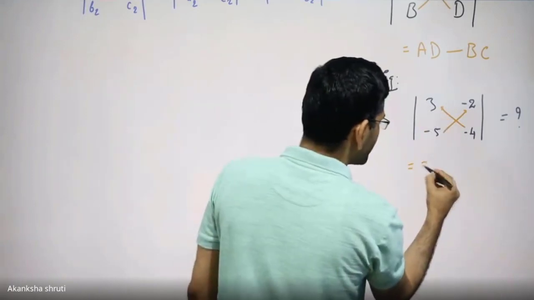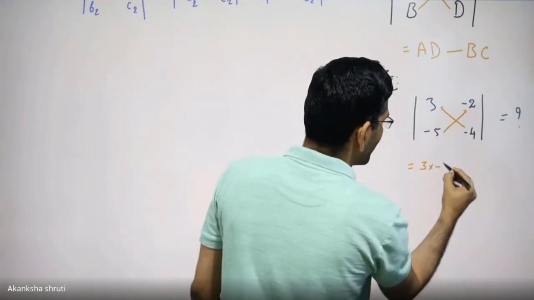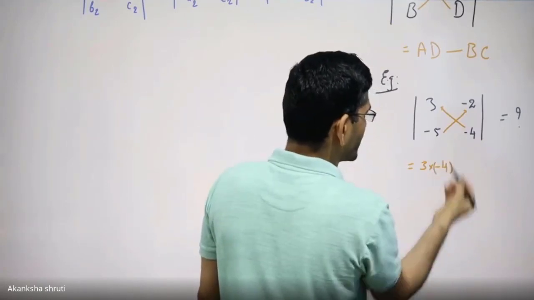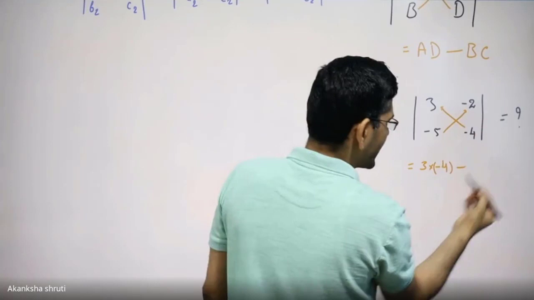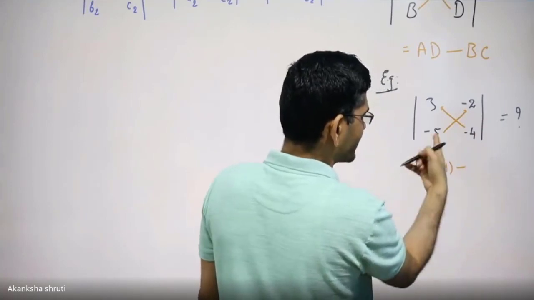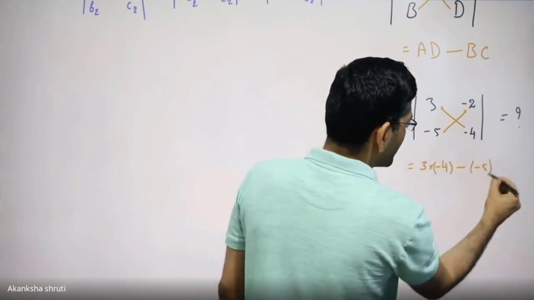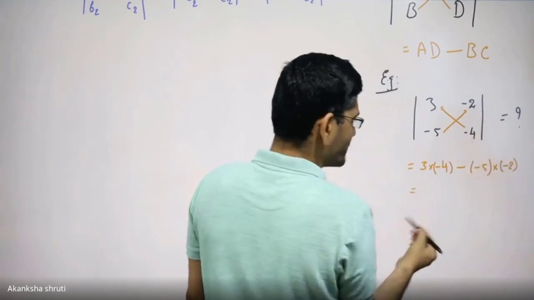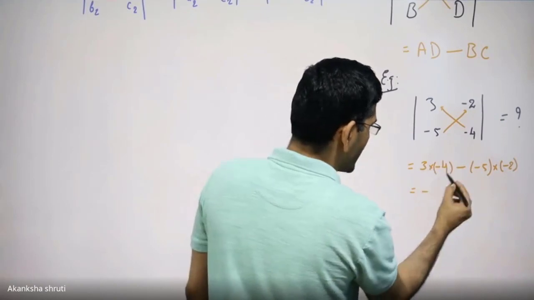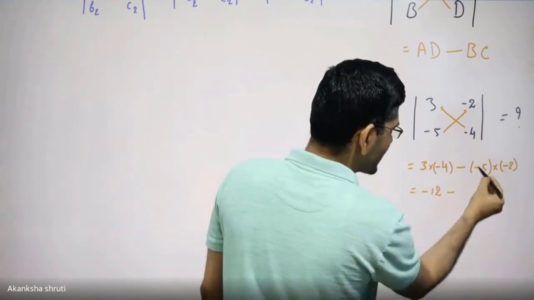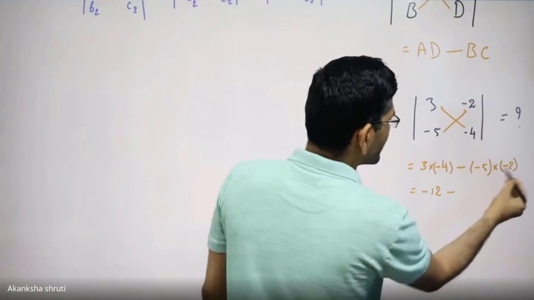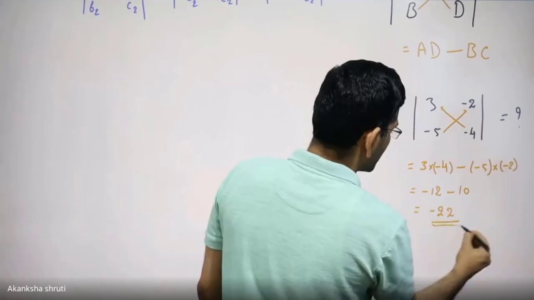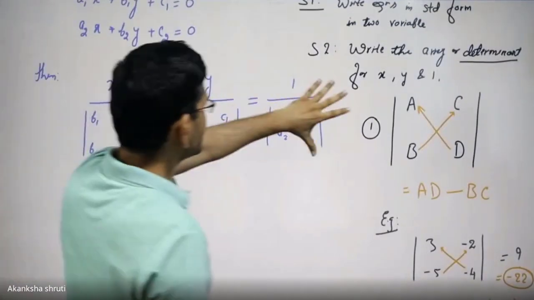It means 3 multiplied by minus 4. This minus 4 is this number, so sign is very important. Write it with the negative. So this is the formula's negative, but the number itself is minus 5 multiplied by, here is our minus 2. So signs are very important. It becomes minus 12. This is the minus, and minus into minus becomes plus. 5 2s are 10. So it is minus 22.